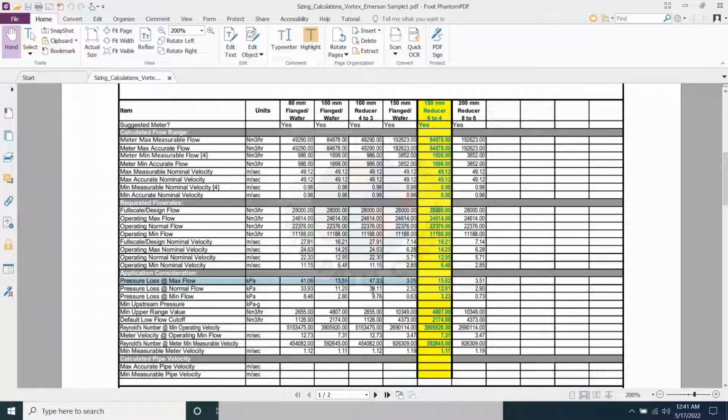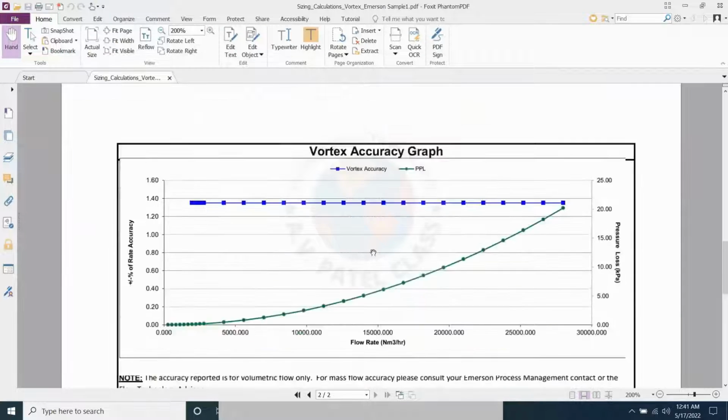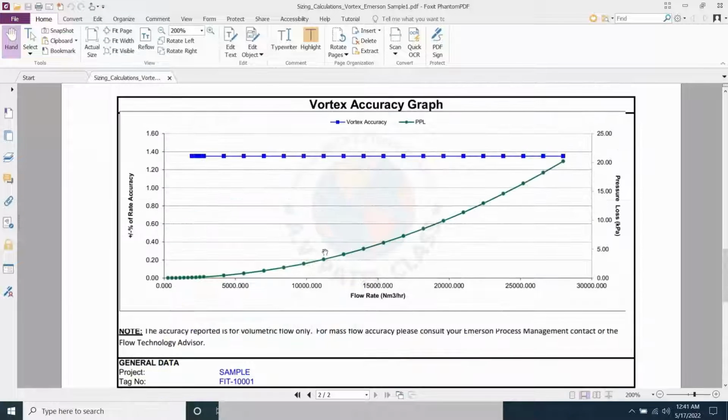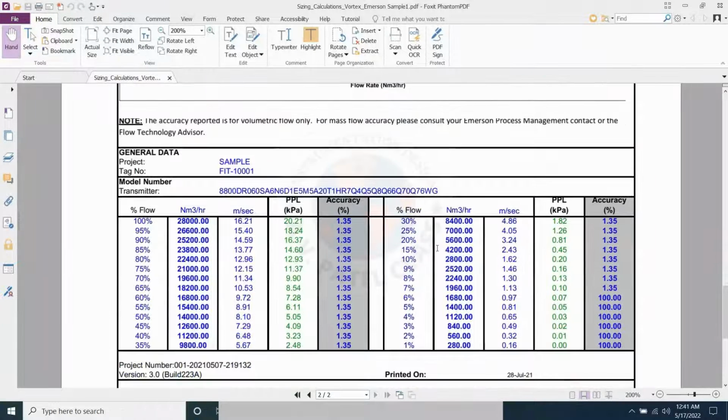At the same time, we need to check the accuracy also. What is the accuracy available for minimum and maximum flow? So these 3-4 conditions we will check simultaneously for each size, and we will find the best suitable meter for a particular process condition. Here is the accuracy chart, and similarly there are different pressure loss and accuracy values for different flow